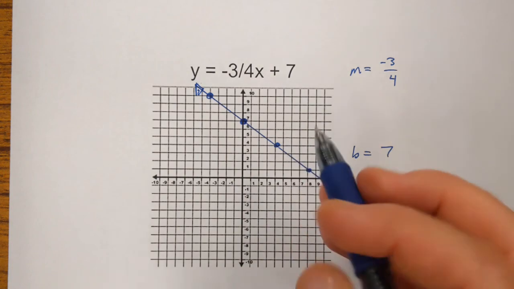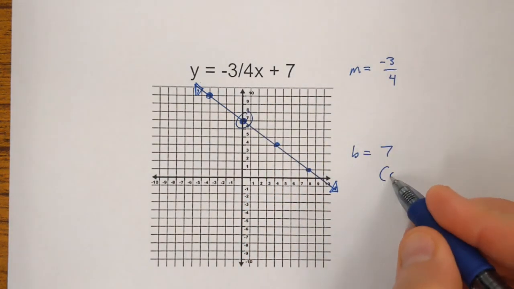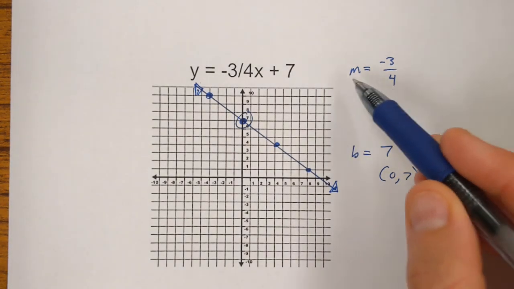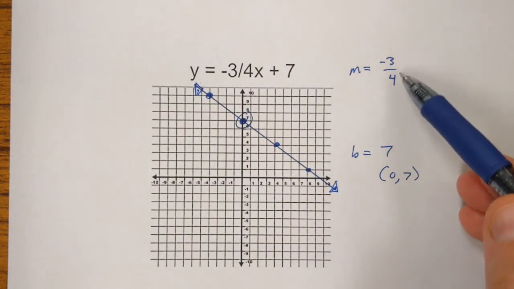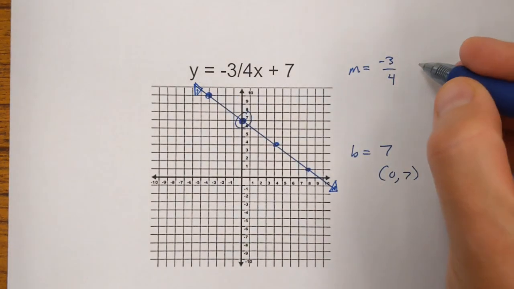You'll notice that this line starts with a y-intercept of +7. This means the point 0, 7. And then a quick note about negative slopes. This was our first problem that had a negative slope. The fraction is -3/4. A -3 means that you go